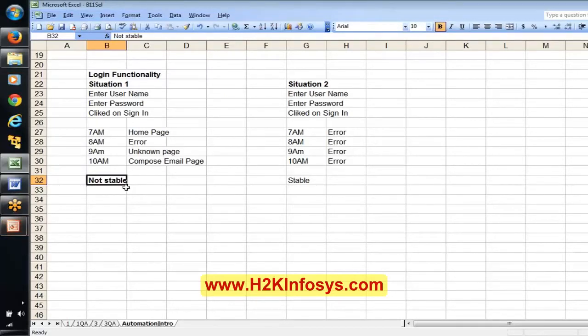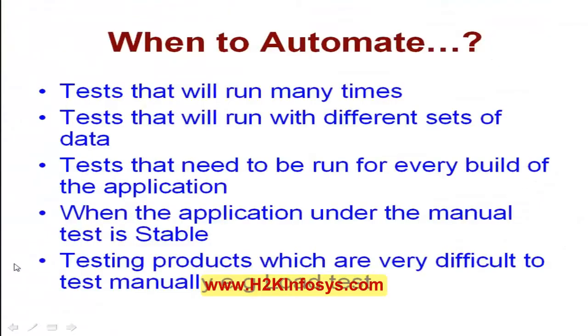That is where this point is talking about. This is not a stable application, this is a stable application. I hope everyone is able to understand this example. Here we are not sure which page is appearing, but here we are sure that each time, however many times we try, it is giving a single page. It might be an error page, but of course this is a stable application, and moreover we can say here it has a defect. Okay. Now let's move on.